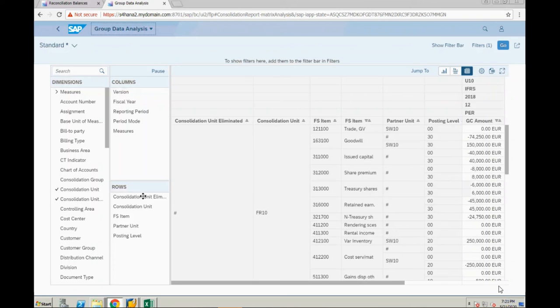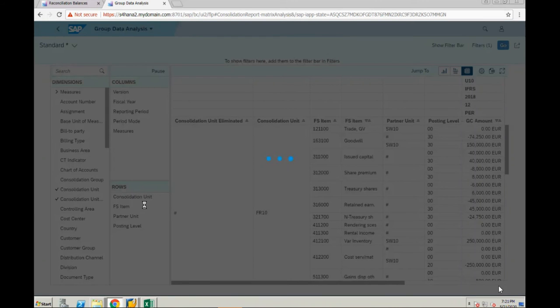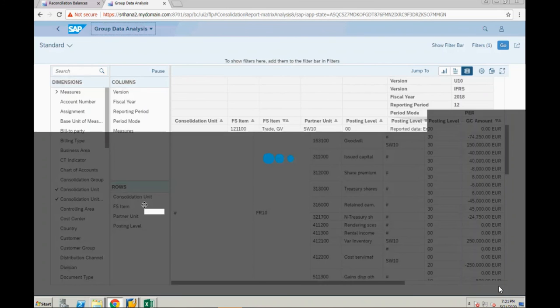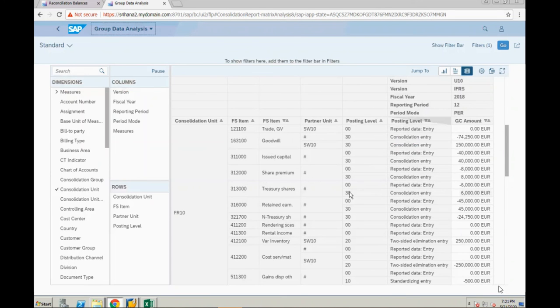Now you can see consolidation unit wise. So posting level is basically like, looking at this posting level, I can say this is the loaded data. This 30 is basically consolidation of investment, that relevant entry, goodwill calculation entry. And you can see the partner also.